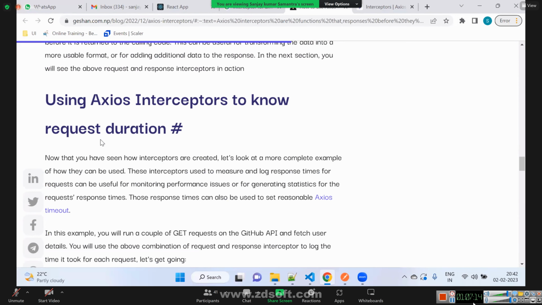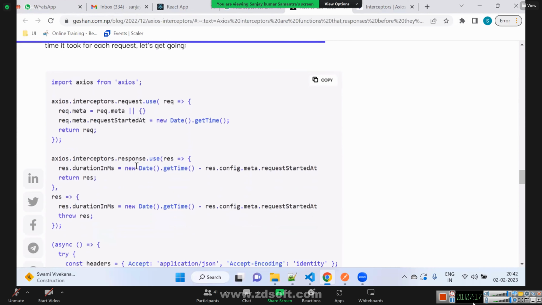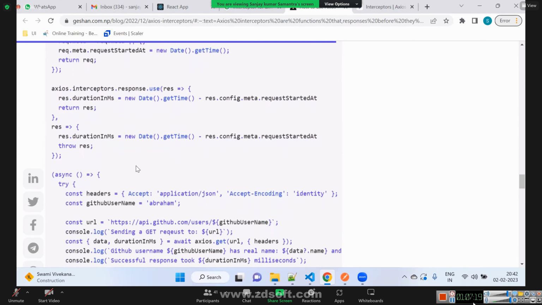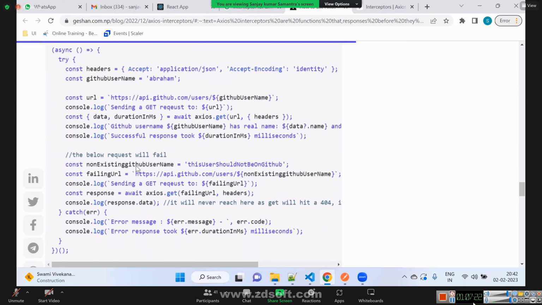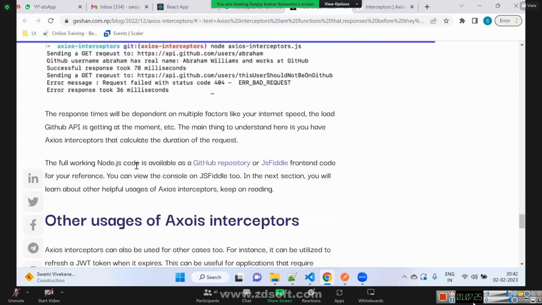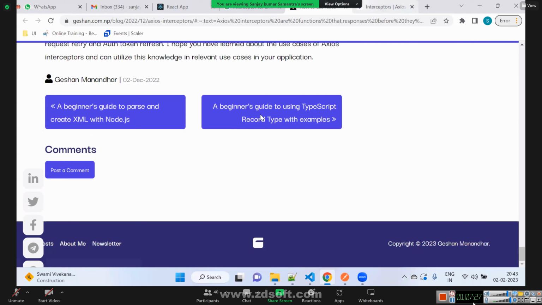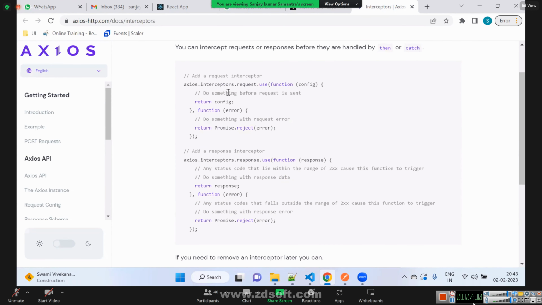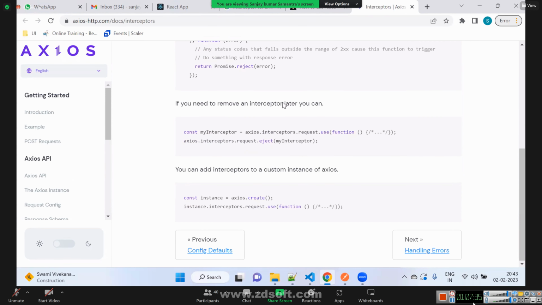Using Axios interceptors to no request direction. Okay, fine. Axios.create. Okay. So we have client, right?